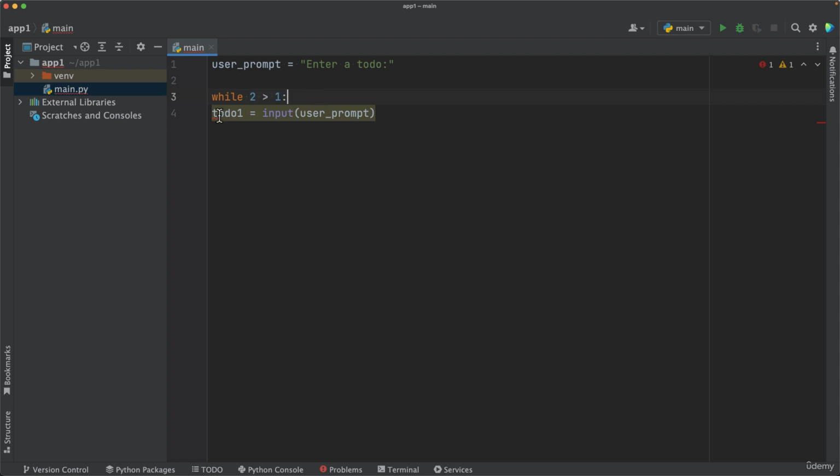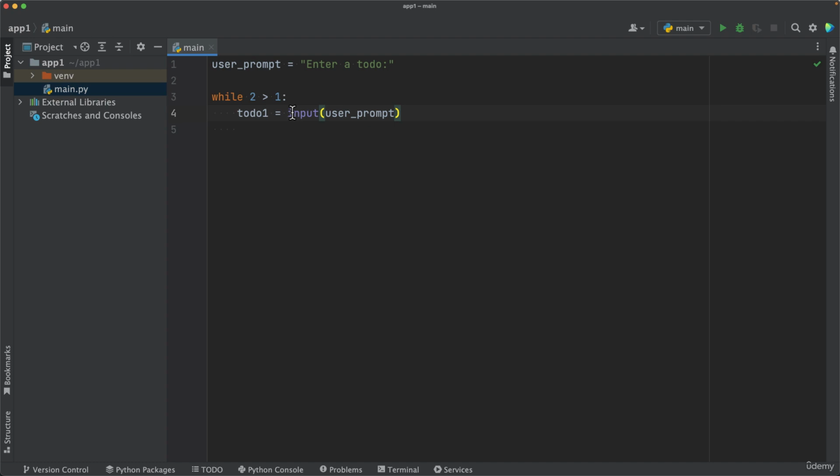And after the colon, you want to go here and press space 4 times. 1, 2, 3, 4. That is known as indentation. So that part here for white spaces is indentation, and it is part of the syntax. So when you write this while keyword, all the code that comes down here is indented under that while keyword. So in this case,